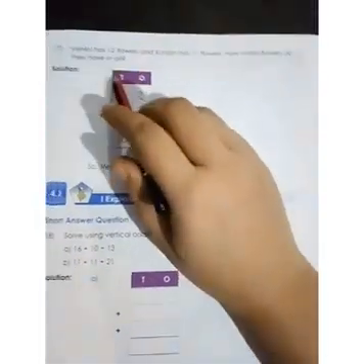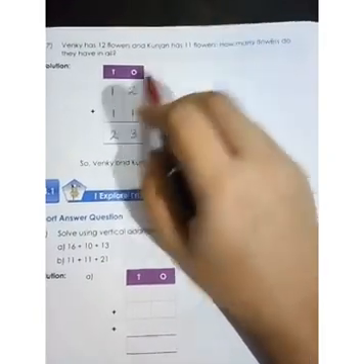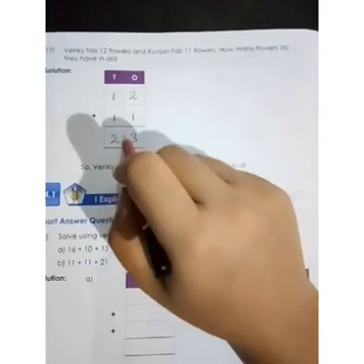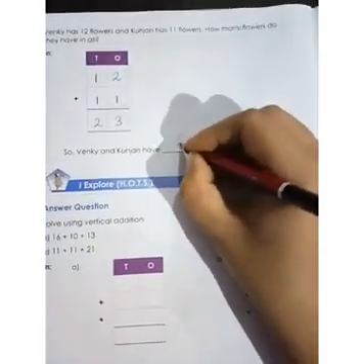Okay children, let us go to the next page. Similarly, you have to find out here. Venki has 12 flowers and Kunjan has 11 flowers. So 12 plus 11, the word in all is given. So it is 23. So you can write Venki and Kunjan have got 23 flowers.